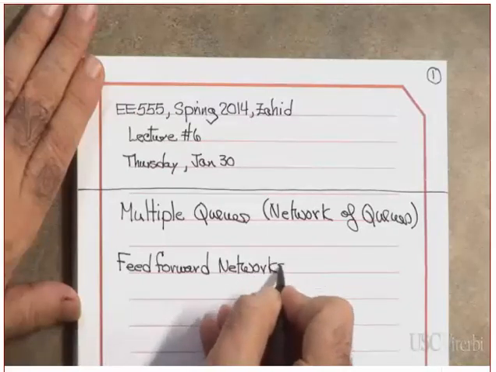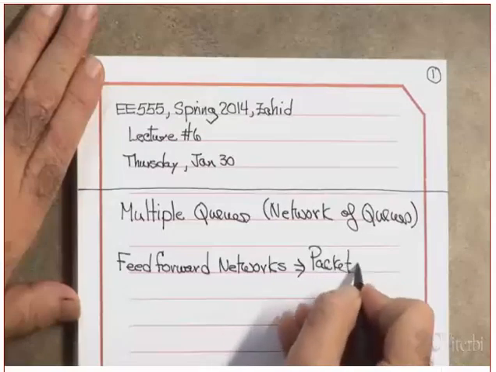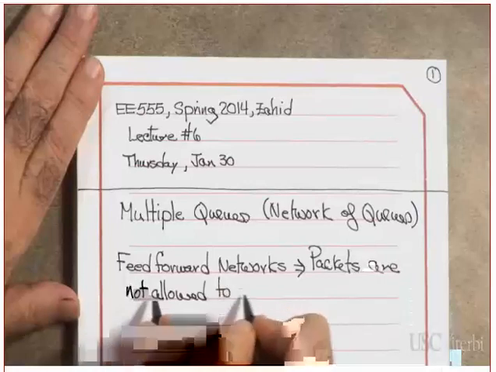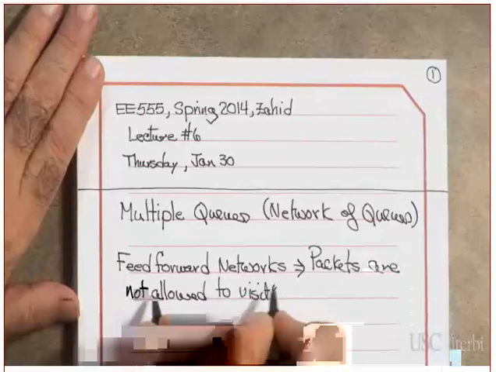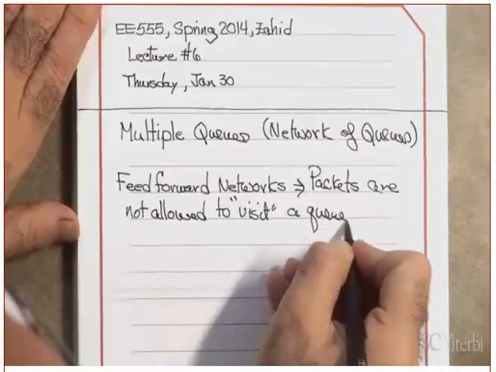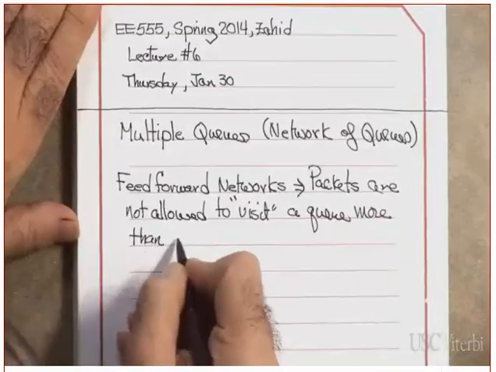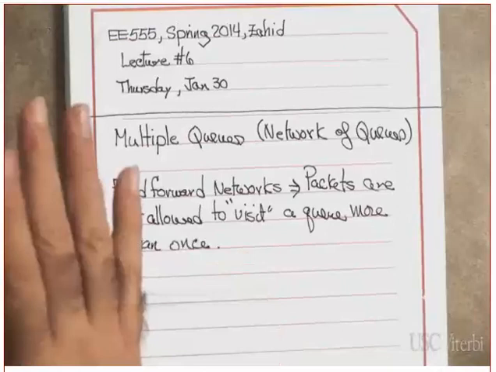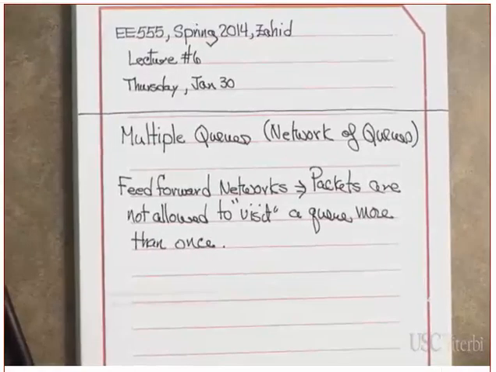Packets are not allowed to be in a queue more than once. What does that mean? When a packet arrives to a router, for example, and the router will send it to another router, that packet is not going to come back to the same router. It will only move forward. It's not going to come back. Clear? Okay. Let's take first of all a very simple